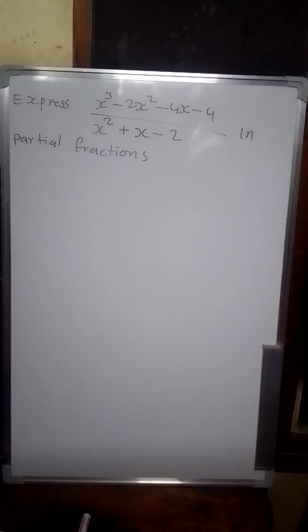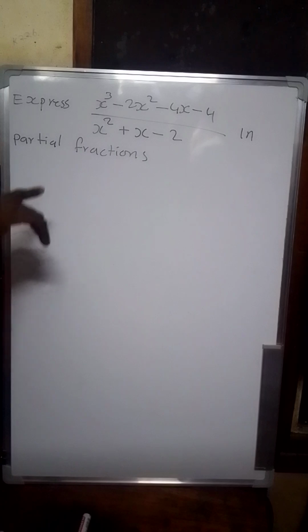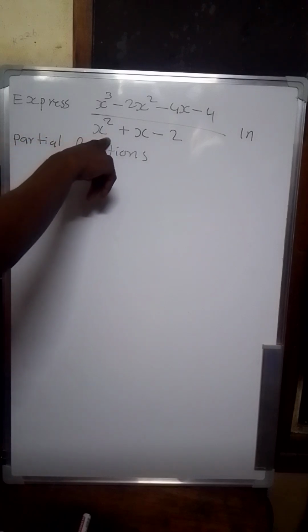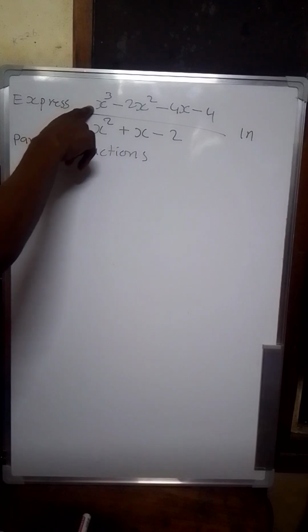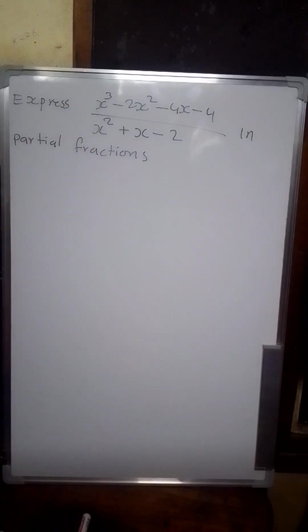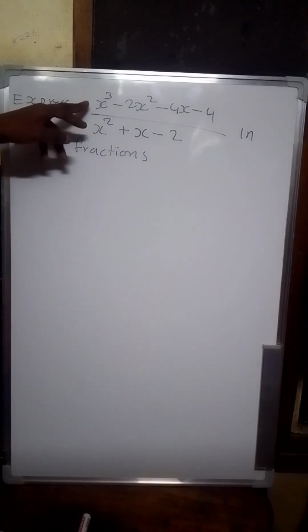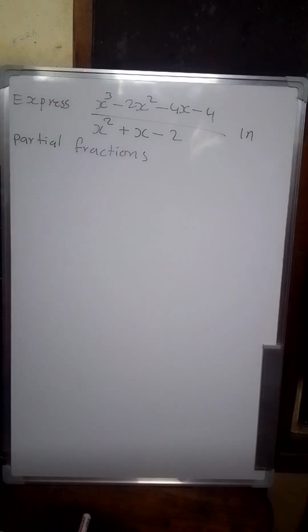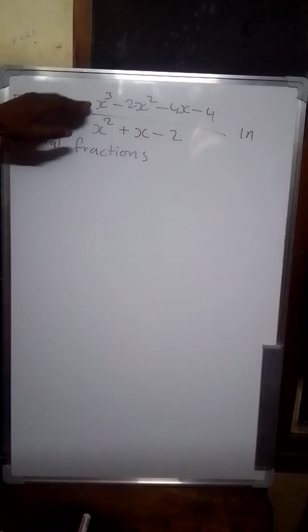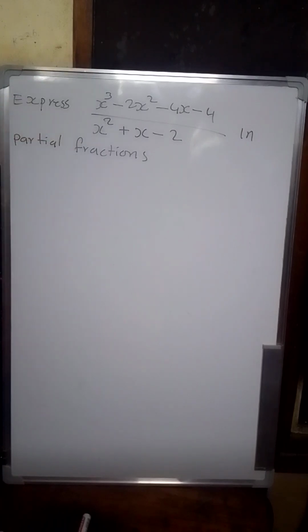Partial fraction decomposition says that the degree of the denominator must be higher than the degree of the numerator. So this means we have to divide this. That's when we can go ahead and